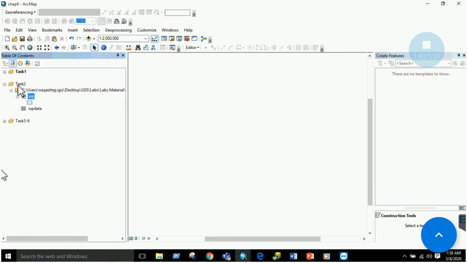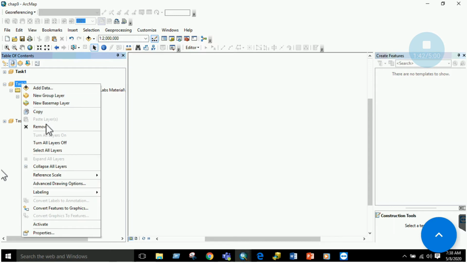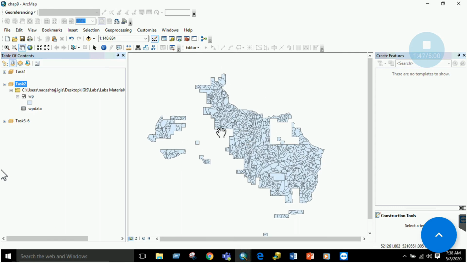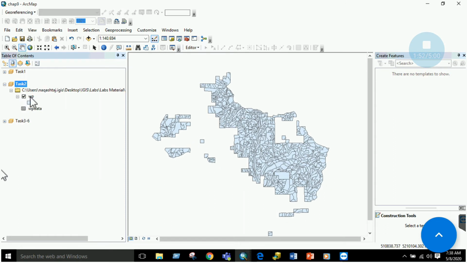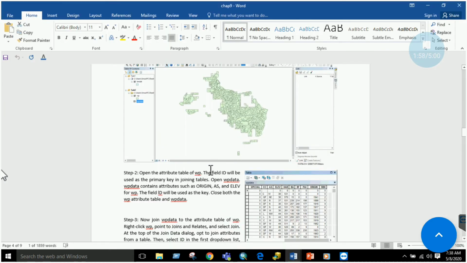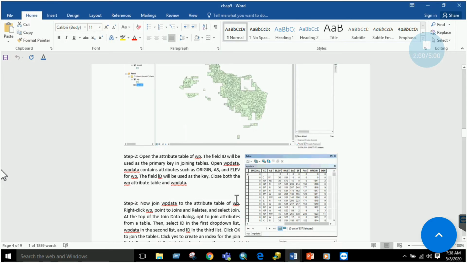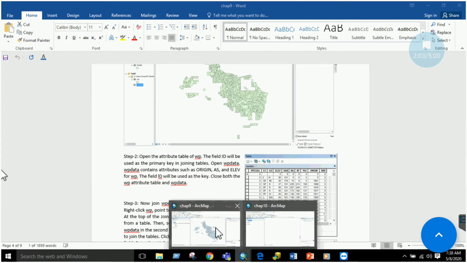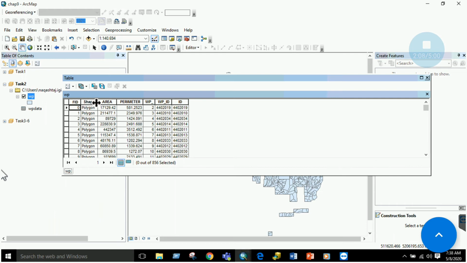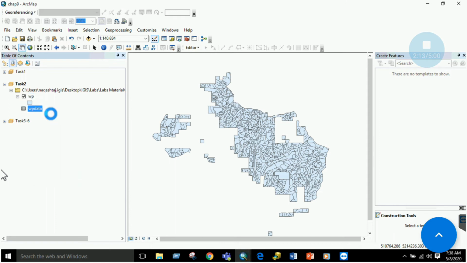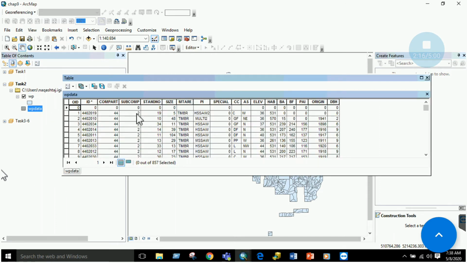Okay, it is giving me some error. Let's activate this layer first. Now it will be displayed, right? So by clicking activate, you can view the layers. So we have wp and wp data displayed over here. Now the next thing we have to do is see the attribute tables of both these files. If you click on the attribute table of wp, you have fid, shape, area, parameter, and some other columns. If you open the wp data file, you have some other information of the same file.